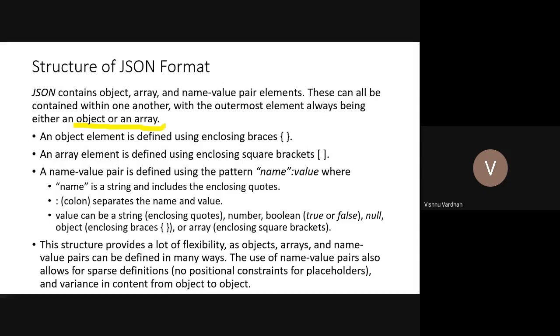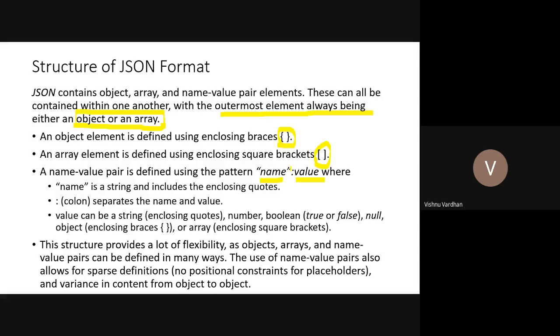Highlighting some of the important ones. So the outermost element may be containing sometimes objects or many times arrays, and it can be a combination of both the things. And an object element is defined using the enclosing braces of these special characters. Then array element is used with these special characters, and a name value pair is defined using the pattern name colon value, where name is a string and includes the enclosing quotes.